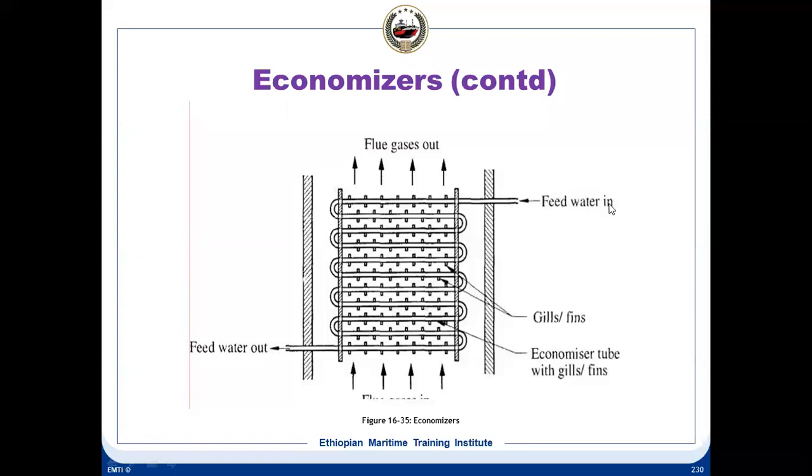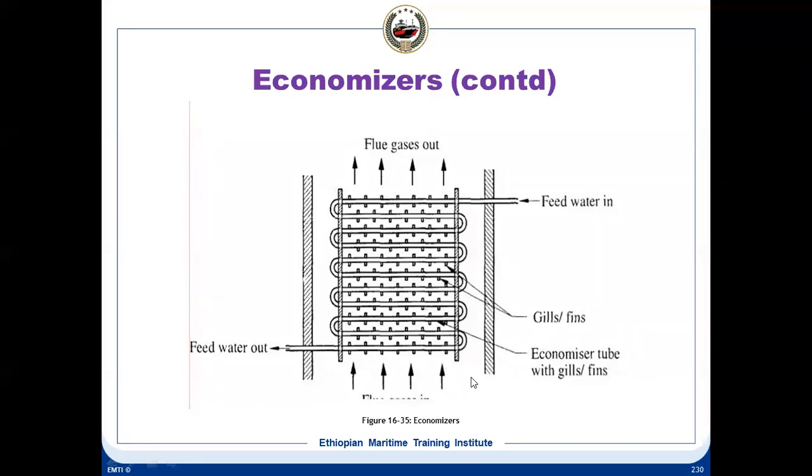But here you have in this kind of economizer, this is basically the last stage of a 3-stage exhaust gas boiler. In the last stage, where the exhaust gas has become the coolest: superheater, evaporator, then economizer. So the temperature of the flue gases has become the least. And then they pass over the economizer where the feed water is circulated, and from feed water out, here it goes. Normally in a 3-stage boiler, here it would go and enter the evaporator.